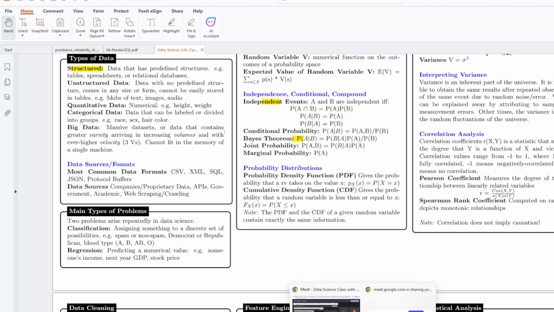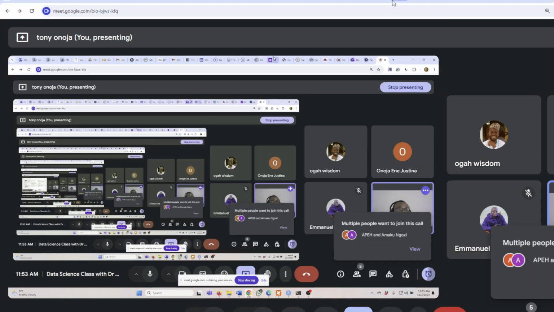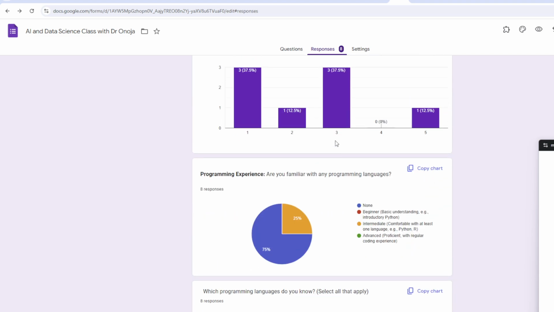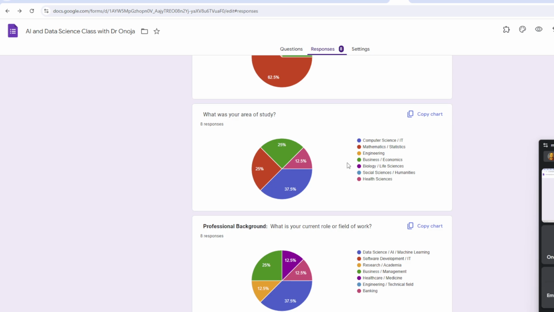A good example of categorical is when you look at the questionnaire that I showed you guys earlier on. You could see the profession of everyone here. These are categorical data set, because you're trying to look at the categories of everyone that are attending this class. You want to see who are the mathematicians, who are the computer scientists, etc.